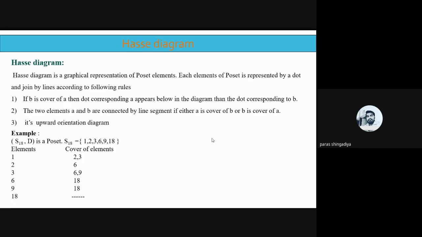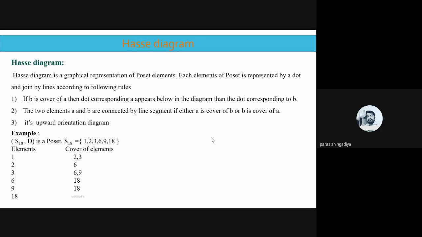And the definition of cover element: we cannot consider A equal to B, meaning we cannot say 1 is the cover element of 1. Clear? So we'll ignore this number, and then we consider 2, the next number, and we can easily say that 1 divides 2. The definition of cover element: the first condition is A R B, and there is no third element C belonging to the set, which we can consider as A R C and C R B. This is the definition of cover of an element, and we already discussed in the last lab how we can identify the cover of each entry.